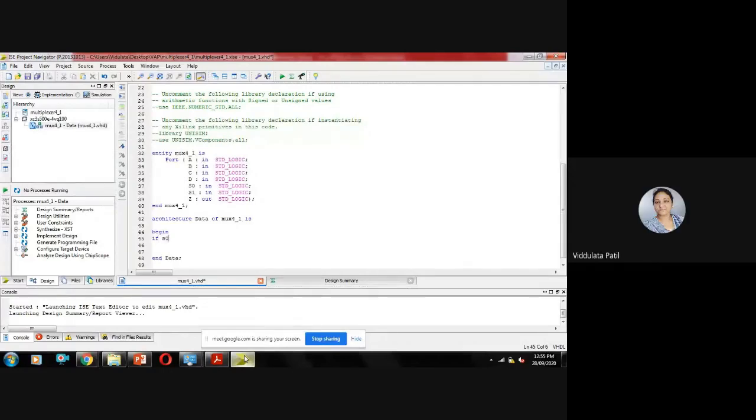If S0 is equal to 0 and S1 is equal to 0, then Z is less than or equal to A.